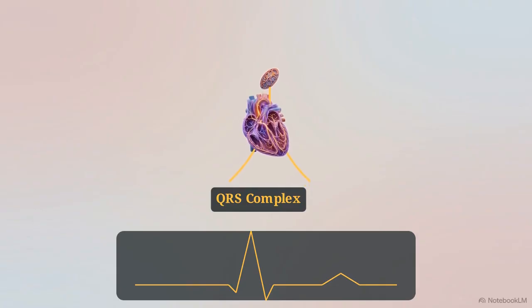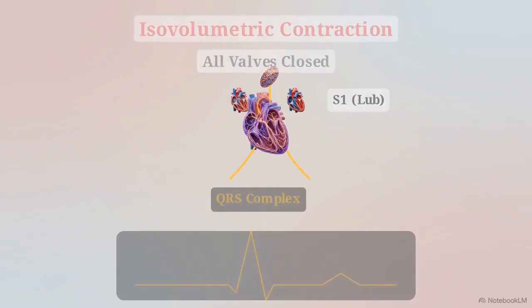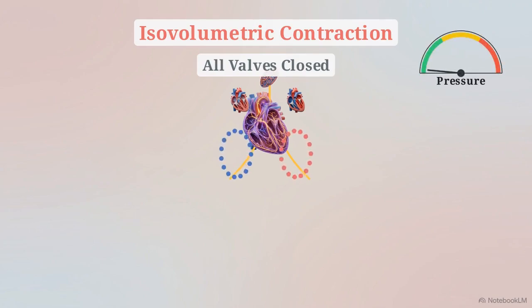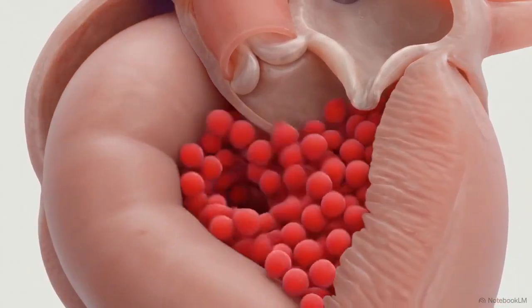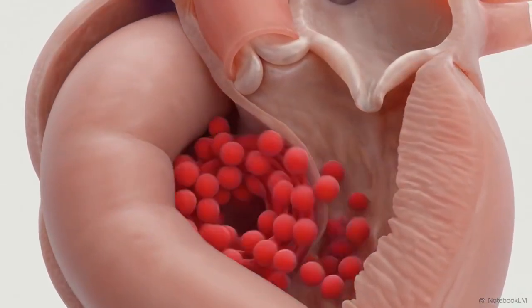The response is immediate. The thick ventricular walls tense and begin to forcefully wring inward from the apex toward the base. Rising pressure slams the mitral and tricuspid valves shut, preventing backflow and creating the first heart sound, or S1. During this moment of isovolumetric contraction, all 4 valves are closed. The blood volume is trapped and constant, while the internal pressure skyrockets. The QRS complex marks the exact millisecond the heart transitions from a passive filling basin into a sealed, high-pressure hydraulic